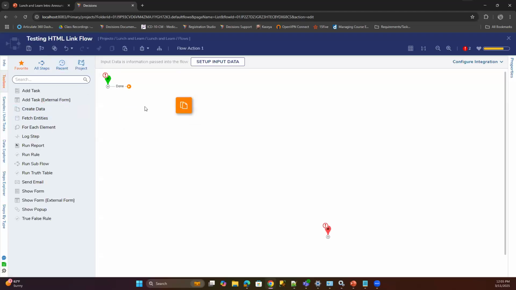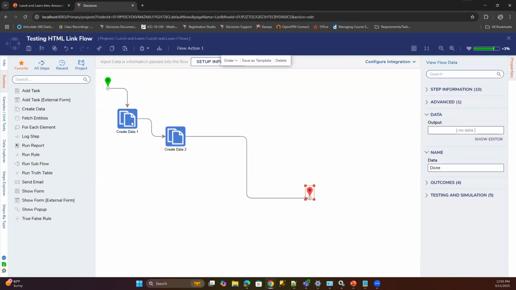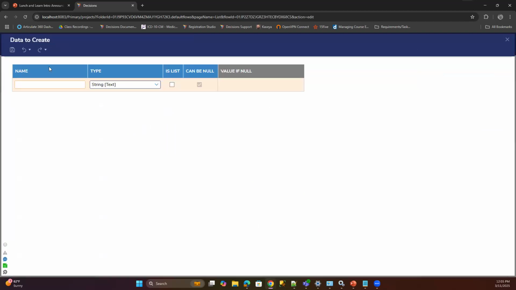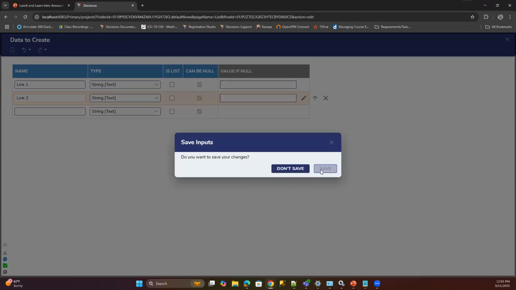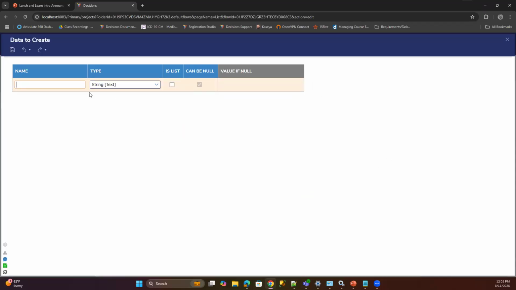All right. Obviously I don't have any specific things, so I'm just going to do a couple of create datas to get the data in. But I know you said that you had a couple of links coming from your flow at some point, right? Right, I basically used create data there as well. Okay. Let's just say I have two links, and I'm going to use this to create my message that's going to contain those links.